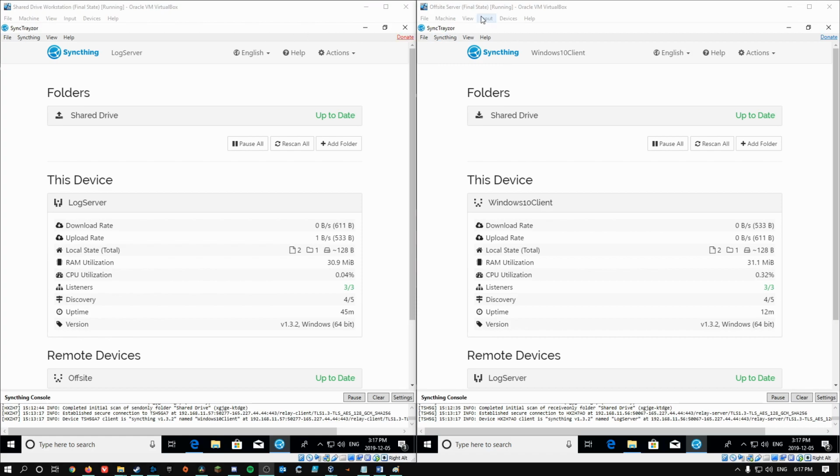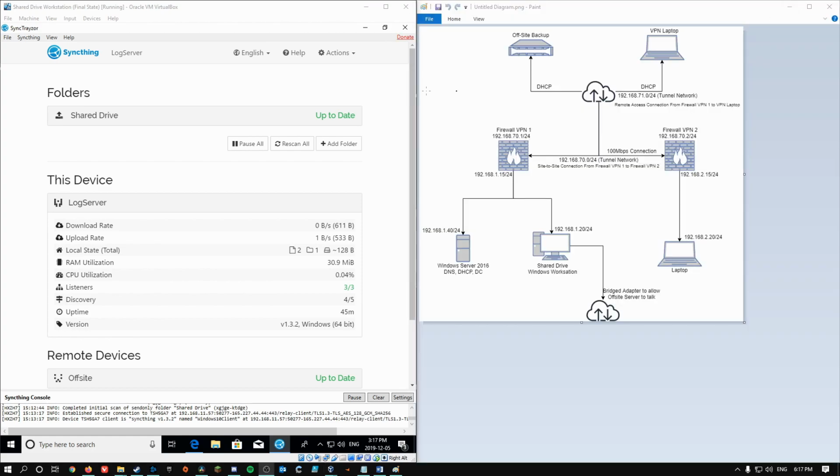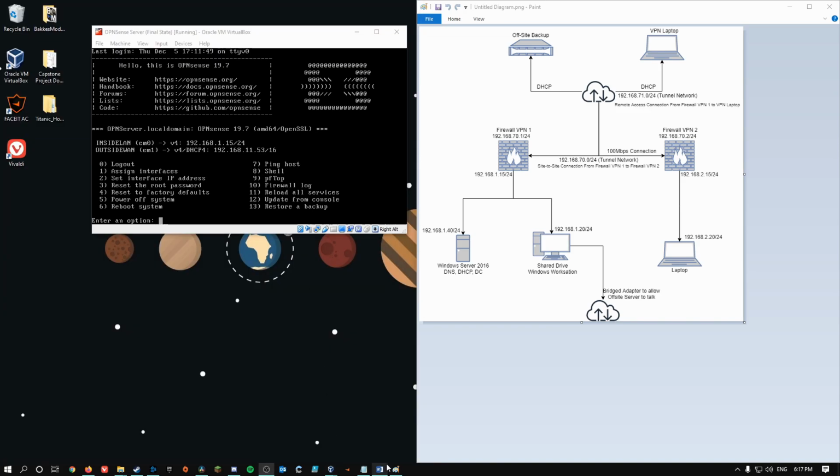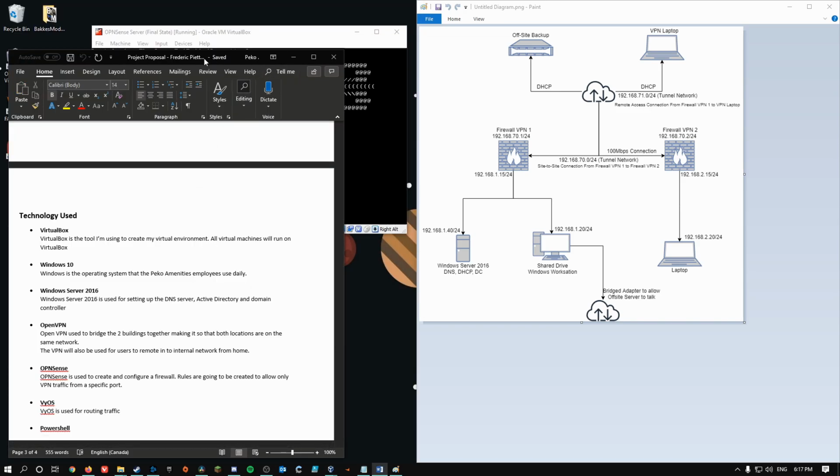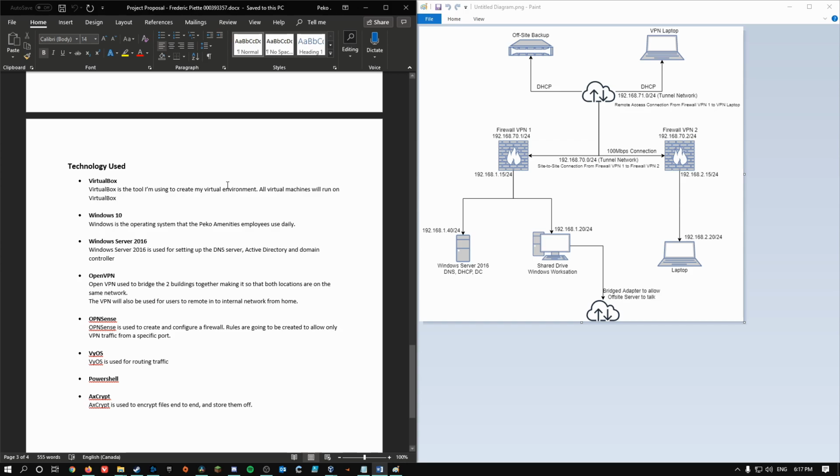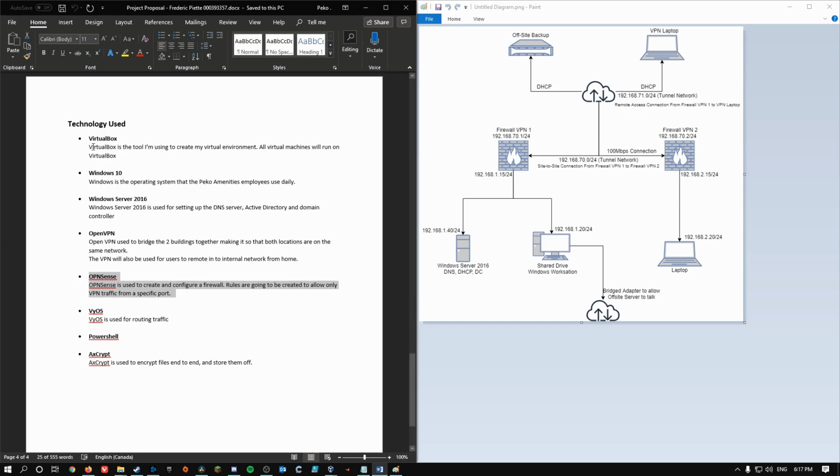So now that we don't need the offsite server anymore, we're just going to minimize this. We're also going to minimize our shared drive workstation, and we're going to open up the initial proposal in order to look at our goals and see if we succeeded them. So as you can see, for the most part, technology used has remained the same,